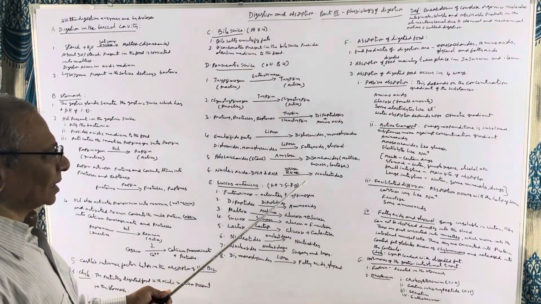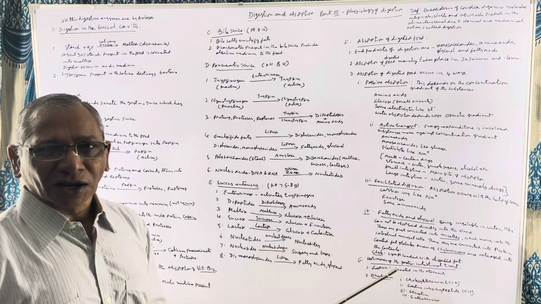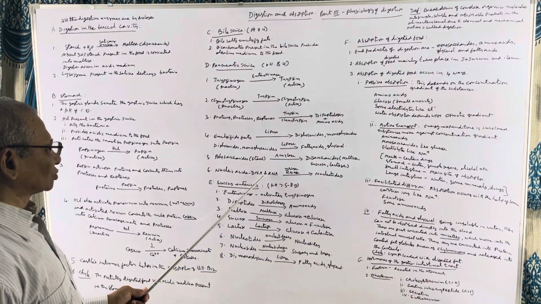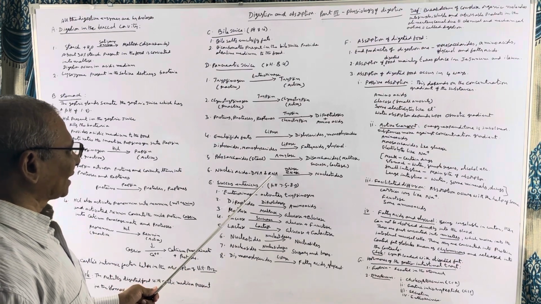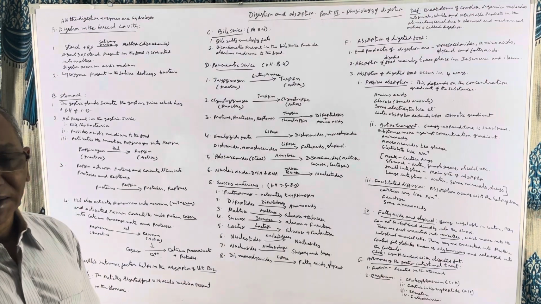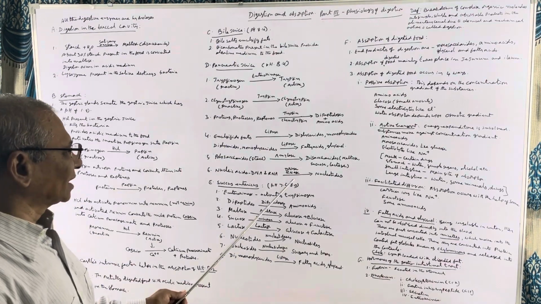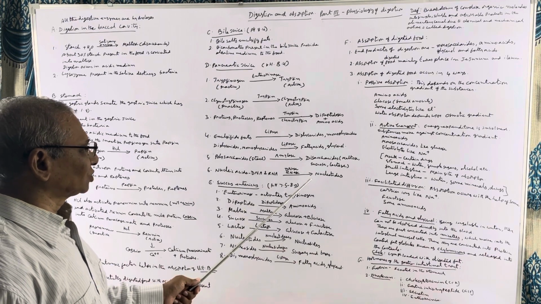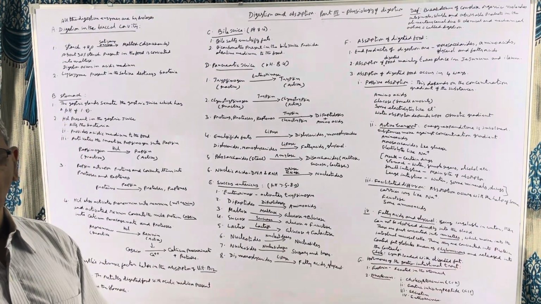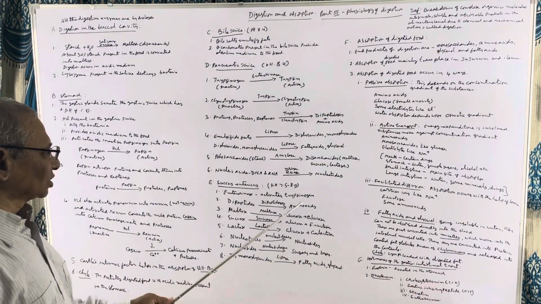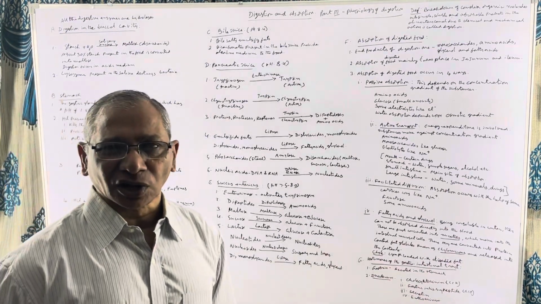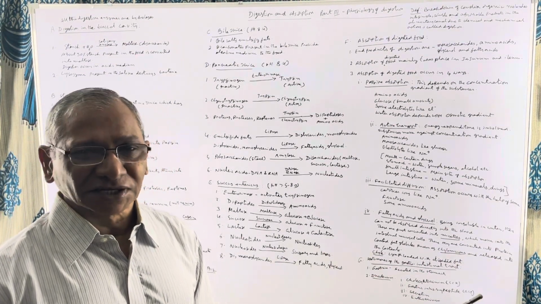Then the DNA and RNA are also digested by the action of the pancreatic juice. The enzymes acting upon DNA and RNA, or simply the nucleic acids, are known as DNase and RNase. DNase and RNase convert DNA and RNA into nucleotides. Nucleotides are the building blocks of nucleic acids. So in this way, food is digested due to the action of pancreatic enzymes.